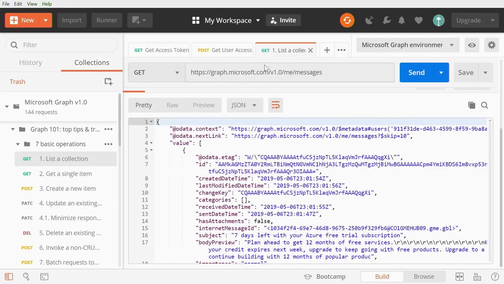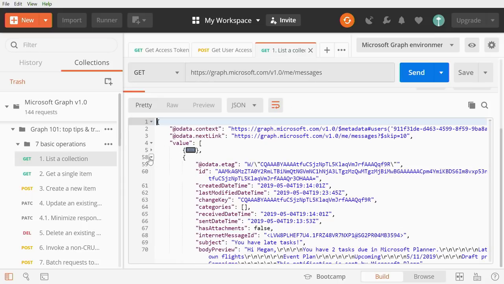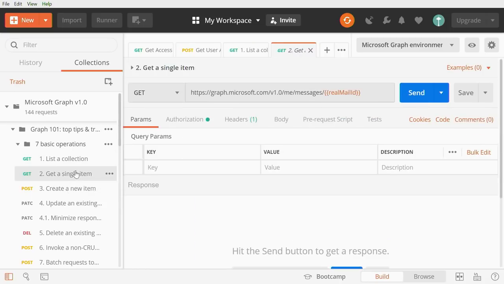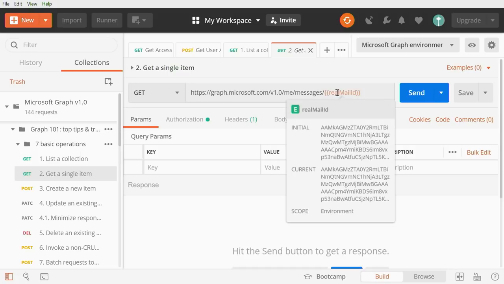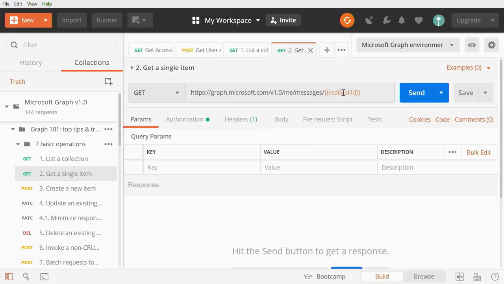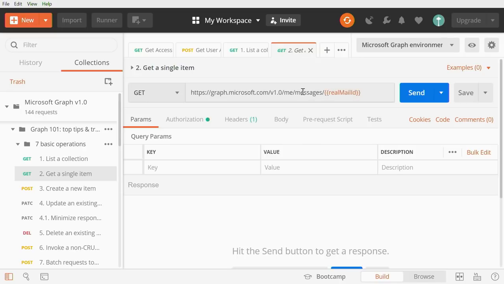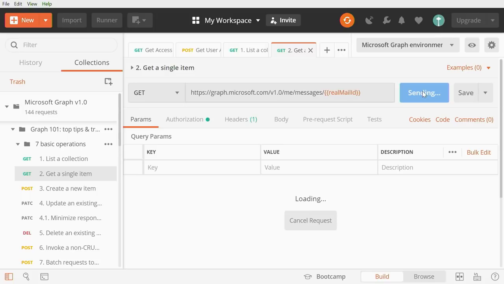Really, we've done a very simple request here. We've just said get/me/messages. You can see that we've got a list of messages. There happens to be 10 in here, but it's all buried in a value array. If you add to that an ID, in this particular case, we grabbed one of those IDs from the previous request. You can see it cached here in the variable. If you grab an individual ID and you tack it onto that collection, not surprisingly, you get back a single mail item